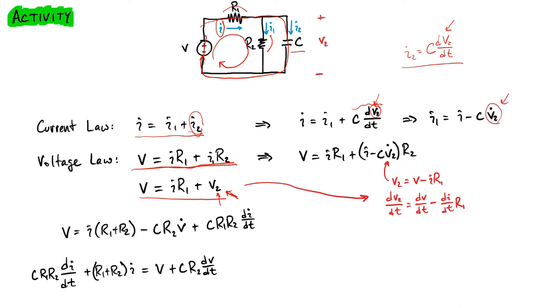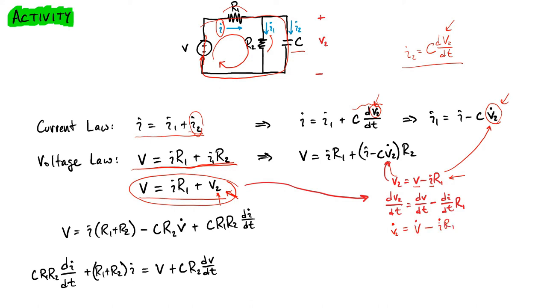So this is still something we need to remove and rewrite in terms of the current I, which is the state we want. And so that's what we're going to do down here. So we're going to take this expression right here, and we're going to rewrite it in terms of V, which is fine to keep, and I, the current, which is also fine to keep. And so now, to substitute this into here, we actually need to take the derivative. So now we're getting the fact that V2 dot is equal to V dot minus I dot